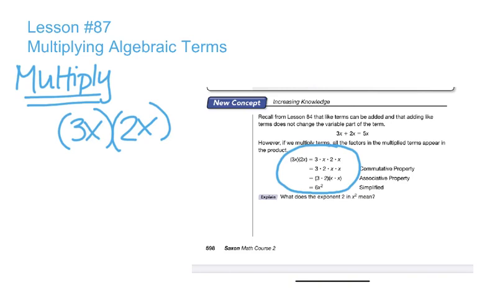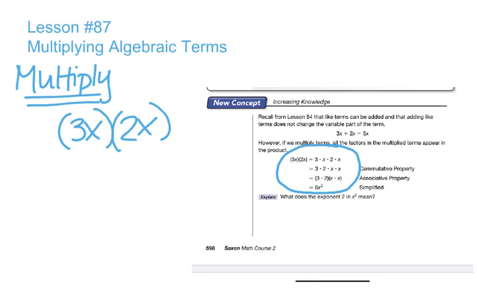So now let's look at multiplying terms. This is a little bit different and honestly a little bit easier. Okay, we're going to be multiplying these terms. So I've set up the problem. In blue circled is what it looks like in your book. Okay, but here's the problem. 3x multiplied by 2x. Let's look a little bit closer at what this is telling us. Okay, it's telling us that we have